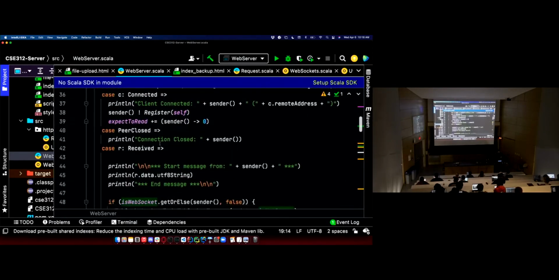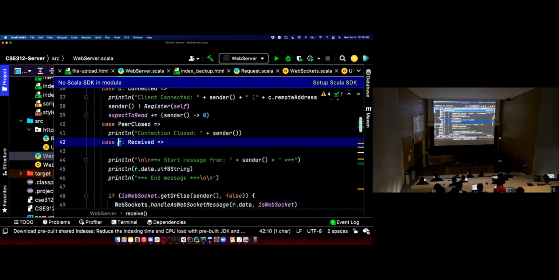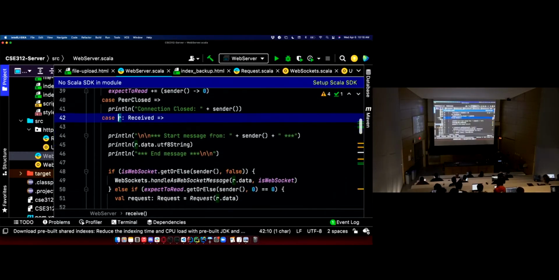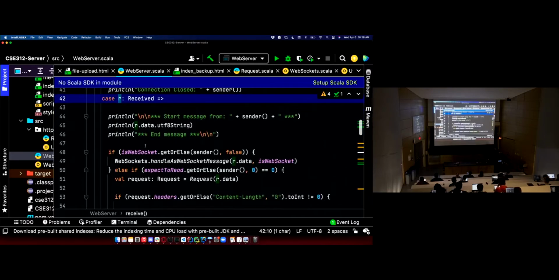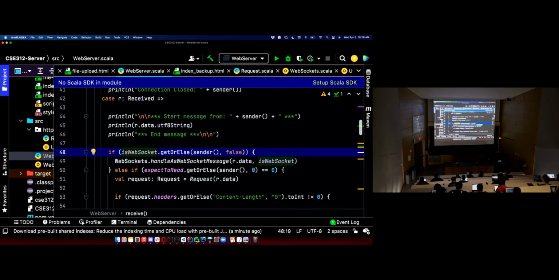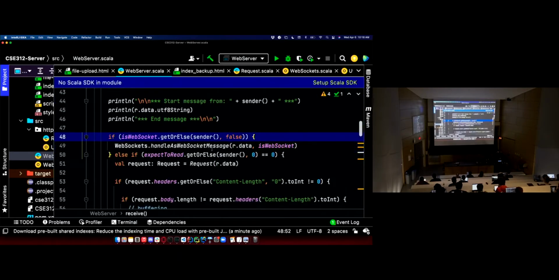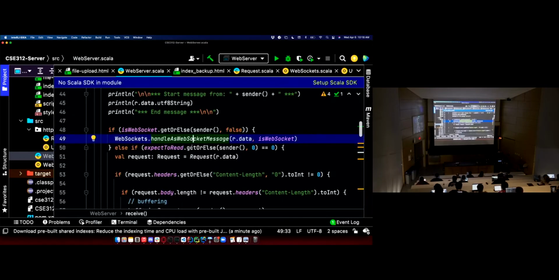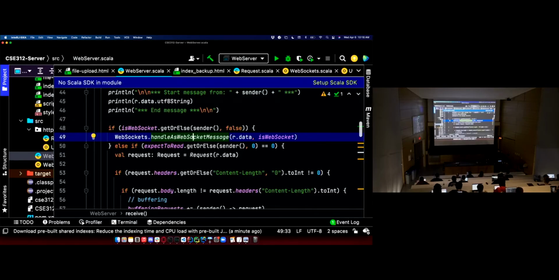And then whenever I receive data, it's the same deal. We're going to get the message that I received. My first goal is to figure out who sent this information, or rather, are they a WebSocket connection? Are they buffering? What's going on with this connection? So I'm going to check, is this a WebSocket connection? If it is, I'm going to send it to my WebSocket message handler. I'm going to parse this as a WebSocket frame, add it to WebSocket buffering if needed. Again, I don't have WebSocket buffering here.